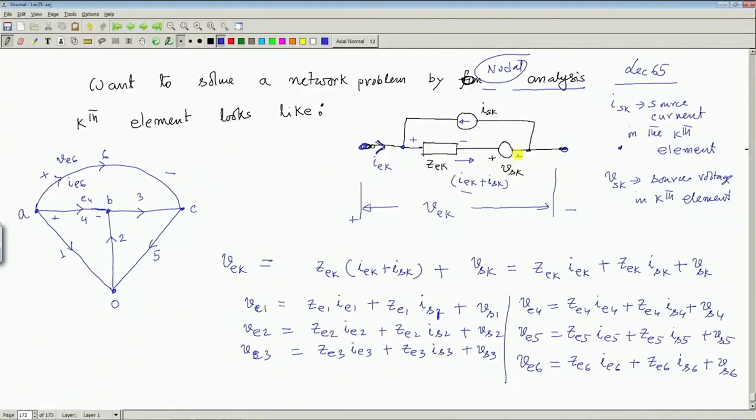Welcome to the 65th lecture on network analysis. We have seen how graph analysis can be utilized to solve a network problem completely by using the loop analysis method. Similarly, we can solve the same network problem by nodal analysis. We started with this general element, and this portion I will just delete and straight away write the basic equation,